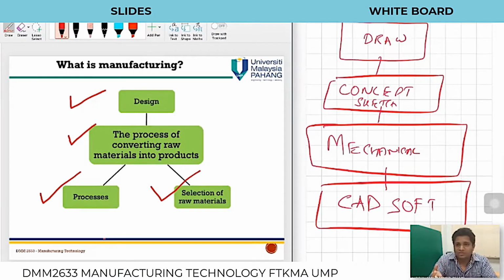If our class wants a gaming mouse, then I'm going to create a gaming mouse, so my product design will be based on a gaming mouse. If the class wants, let's say, a trackpad, then my design will be based on a trackpad. So product design is based on customer needs, or what everybody wants, what the market wants. So design process and manufacturing are usually done one after another. Design first, then manufacturing.